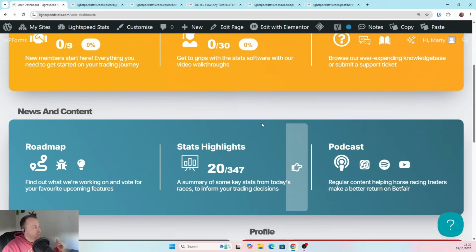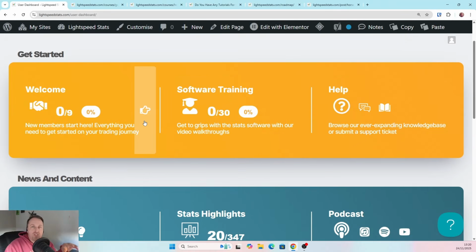And again, make sure to use this stuff, use the training, go through it. I'm going to direct people to this a lot more than I have been as well, because I just think that it's well worth doing. And if you really want to give yourself a step up in Betfair trading, you always want to take advantage of what you have, and especially if you're a member already, don't waste your opportunity, because I bet there's quite a few out there, maybe even people watching this who've gone, yeah, I tried the software but I didn't do the training and so I didn't really know how to use it and get the best out of it, and I subsequently don't use it anymore. I mean, that's such a waste of an